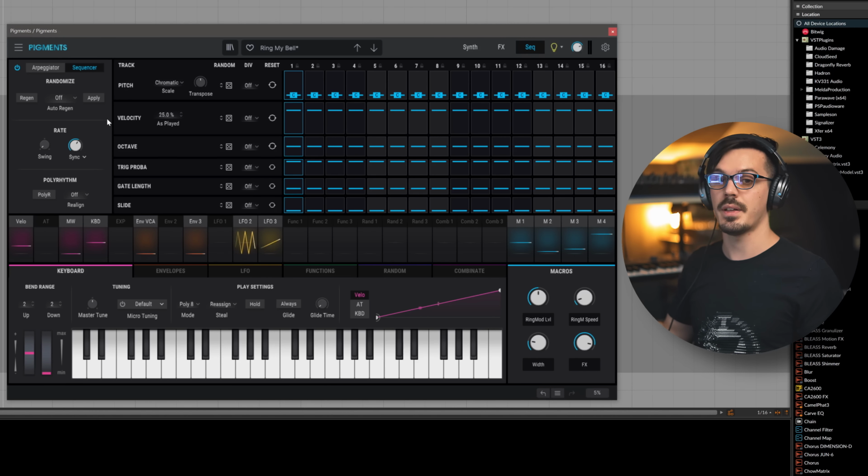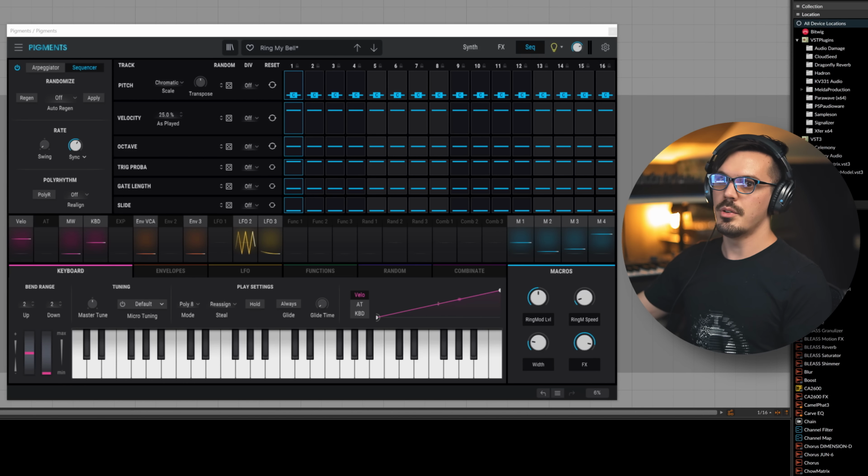Why would I want to use this? And that's because Pigments does some interesting and kind of spicy things that make it a bit more unique to use for these purposes. Now that I've got this hooked up, I can just arm Dune 3 and hold down a note,